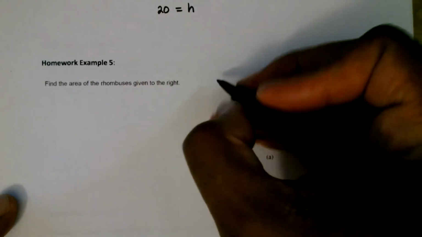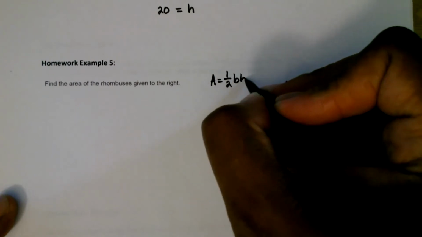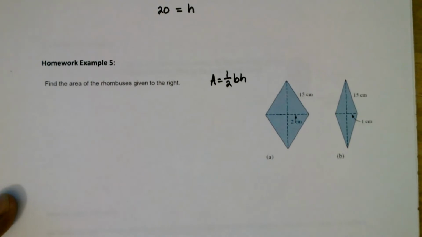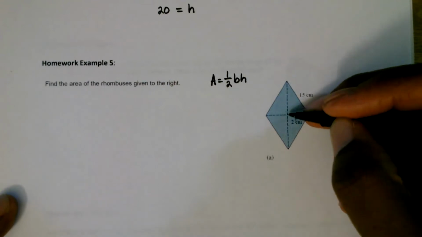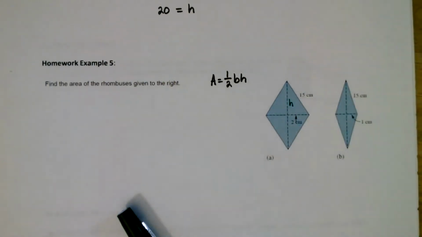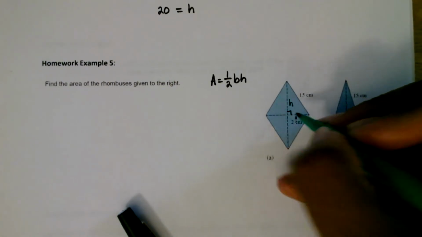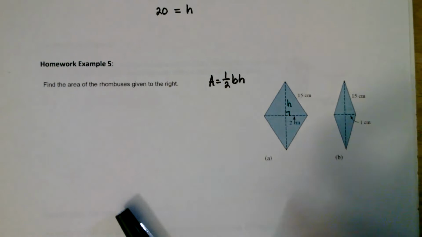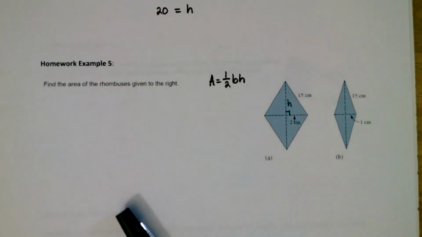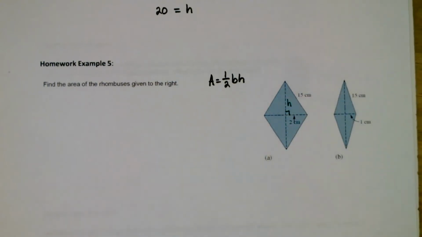And if we were to use the formula for finding the area of any one triangle, that would be 1/2 the base times the height. I can see that this base is 2 centimeters. I don't know what the height is. So this is where the Pythagorean theorem comes in. All right. And notice that these two diagonals intersect at a right angle. So the one on the upper right is a right triangle. In fact, these are all 4 equal right triangles. So let's use the